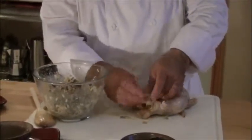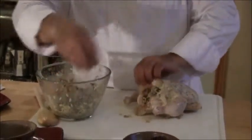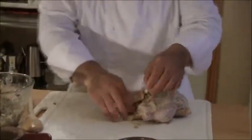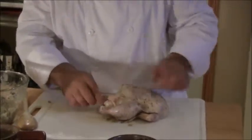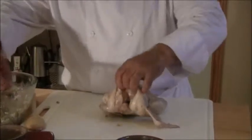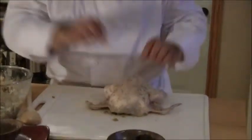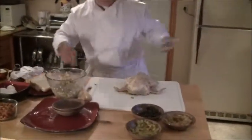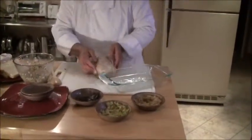Now the other thing you could do, if you don't want to tie it, you could use a needle and thread. Don't overstuff it. If you overstuff it, what's going to happen is, when it's cooking, it's all going to burst out. Which, you know what, nothing really wrong with it, but doesn't look 100%. And you can stuff the front part too, where the neck is. And you have a roasting pan here. Okay, you have a roasting pan. I like to use Pyrex. I don't know why, I mean, it does just as good a job as anything else, but...